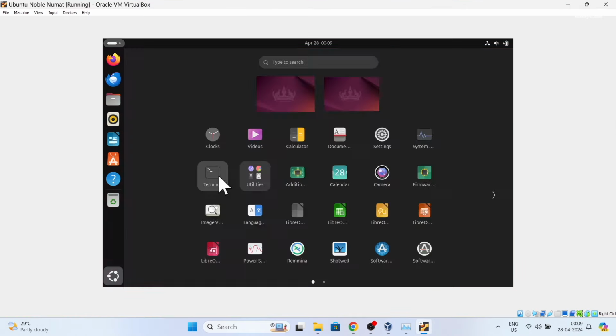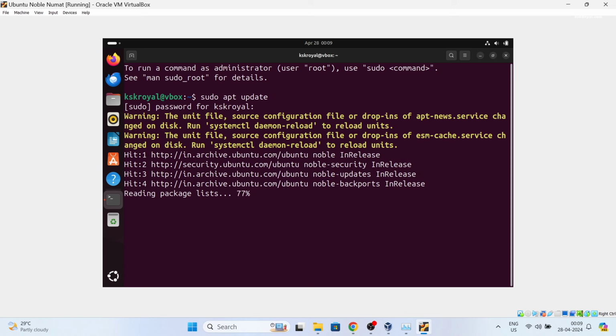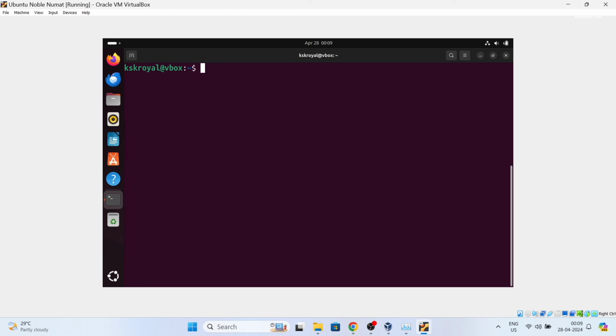You go ahead, open the terminal and type this command to update the apt source list. If you see any warning like this, type this command to fix that issue. You go ahead and type this command to install the required packages.